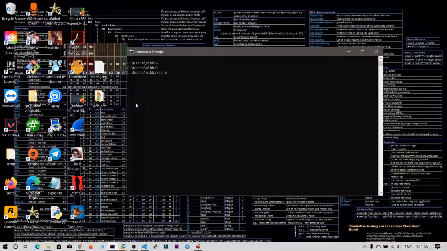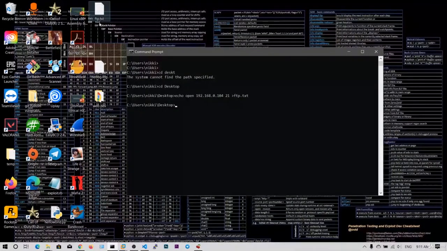So to do that, let's say echo, but first let me move into the Desktop. I will create the text file and store the FTP commands in it. Then I will tell the ftp command to execute the commands from the text file. So let's say echo open, then the IP address of this Kali Linux machine and the port number, and redirect it to ftp.txt.